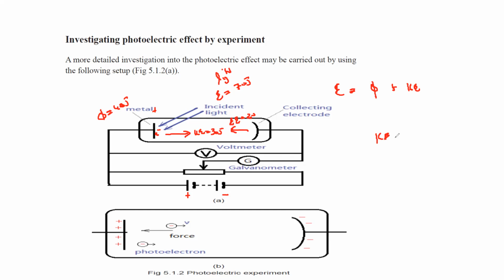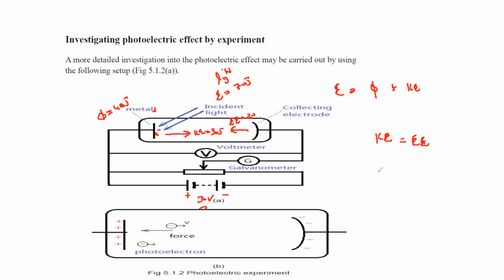So we can say kinetic energy is equal to electrical energy, and the voltage at which the kinetic energy is equal to electrical energy, or there is no deflection on the galvanometer or no current in the ammeter, that voltage which we apply is called the stopping voltage. Like if I say I apply 30 volts, so 30 volts is not allowing these electrons to move from one plate to another, so 30 volts is the stopping voltage.